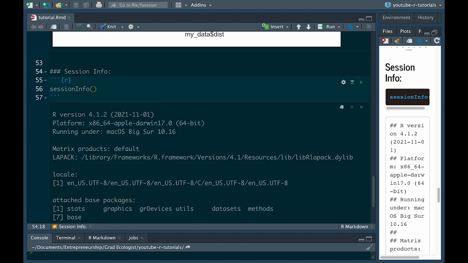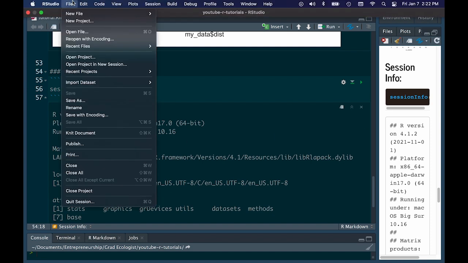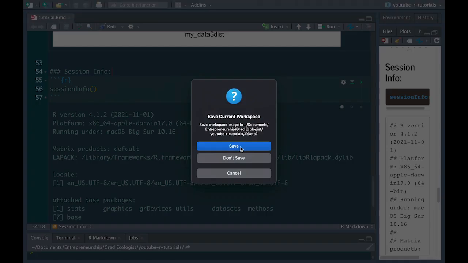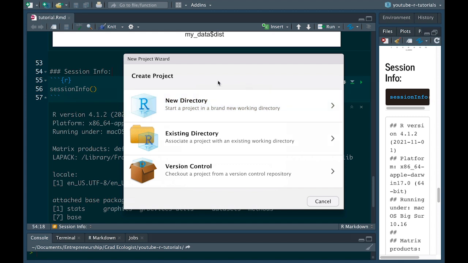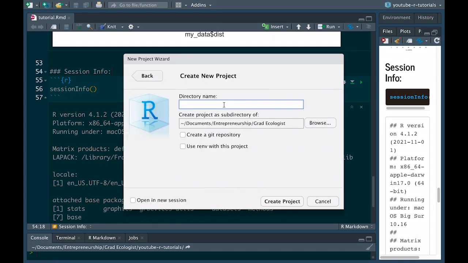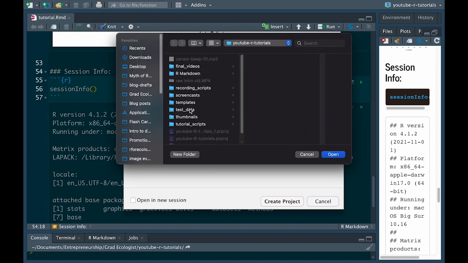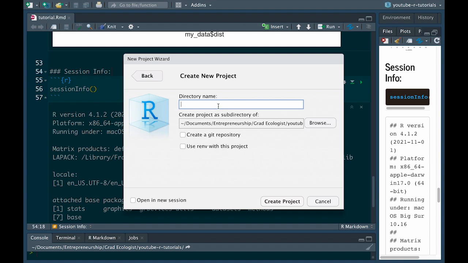So how do you do it? What are the important steps? Well, first, create a new RStudio project. So we're going to go to File, New Project. We're not going to use version control for now, just a new directory on your computer, new project. Let's save this in my R tutorials folder. Actually, I created an R Markdown folder in here, and we'll call this Learning R Tutorial.